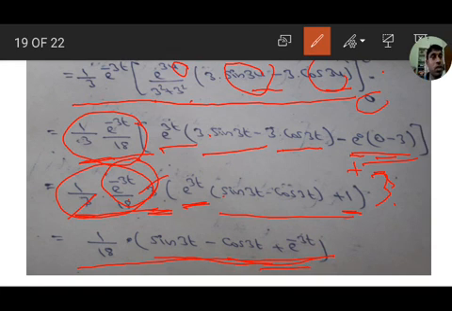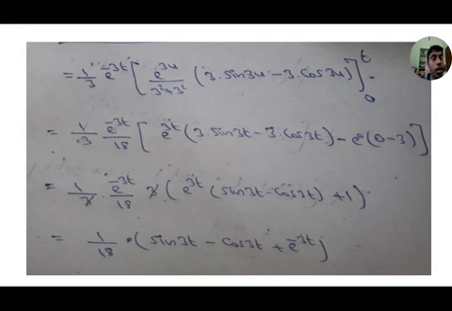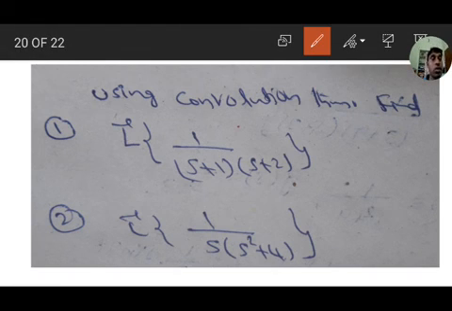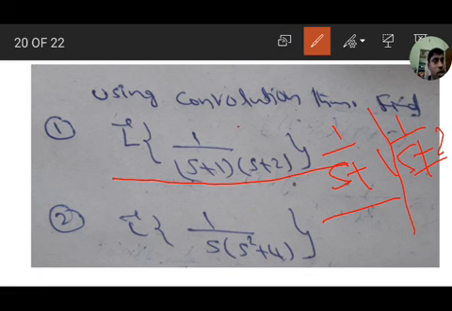So up to now we discussed the definition of a convolution, the convolution theorem, and problems. Let us go for the homework problems. Using the convolution theorem, find L inverse of 1 by s plus 1 into s plus 2. Here 1 by s plus 1 is one function, 1 by s plus 2 is the other function. You have to take the two functions, one as f bar s and another as g bar s, and proceed.